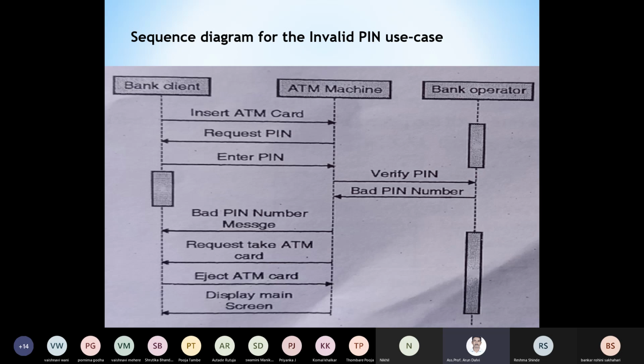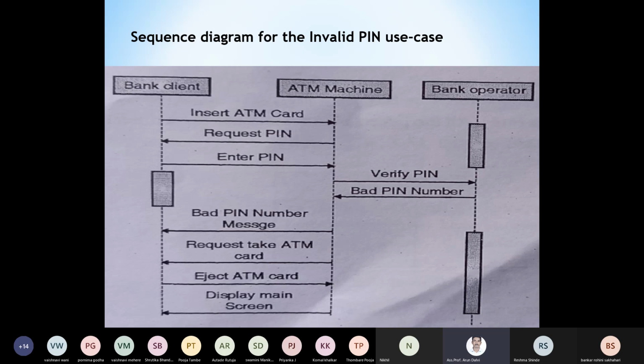Then the bank operator, or bank server, will verify whether the pin is valid or invalid. As we are entering an invalid pin, it will send the bad pin number message to the ATM machine. Then the ATM machine will send a message to the bank client that you have entered a wrong pin.